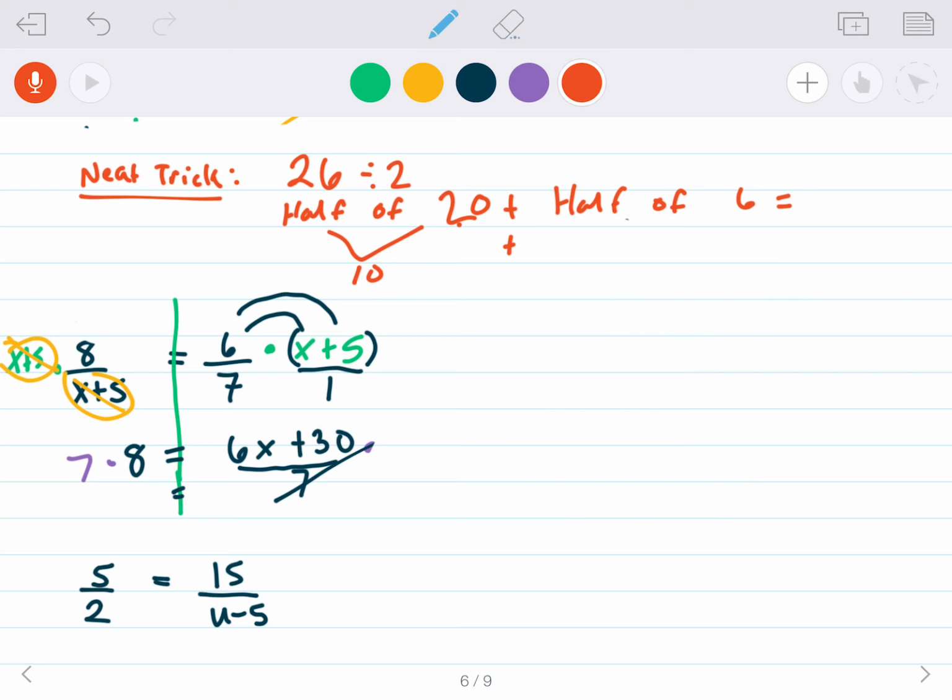So half of 6 is 3. So 10 plus 3 is 13. That's how you can do it. So like if you have a big number, like, I don't know,